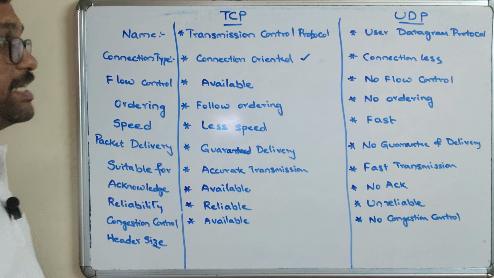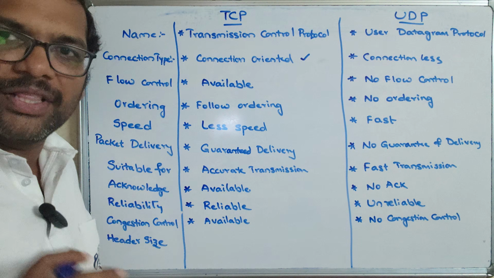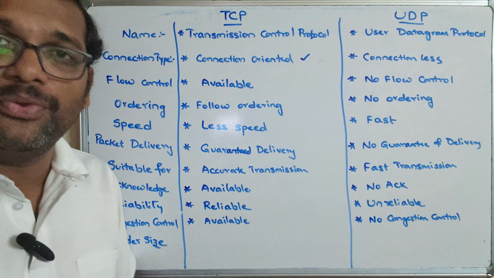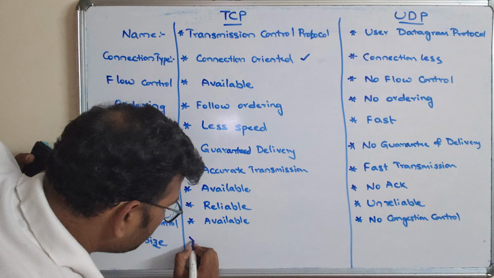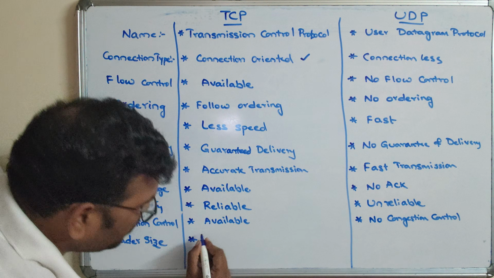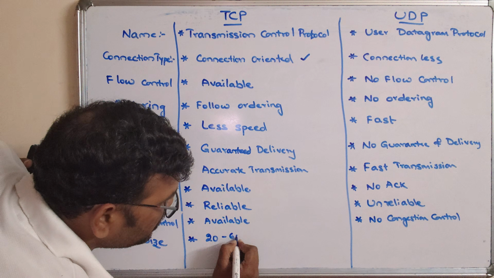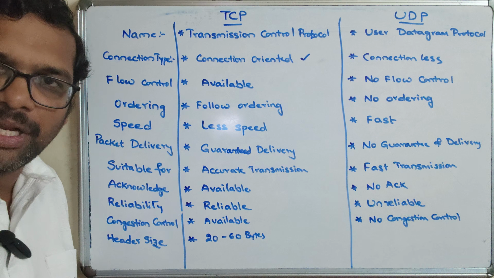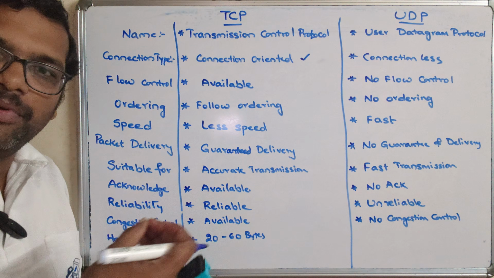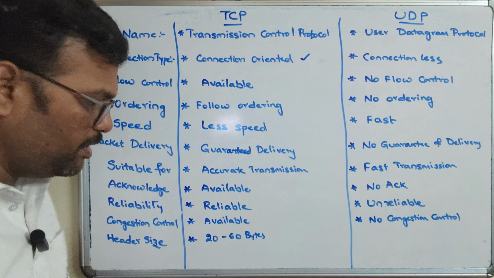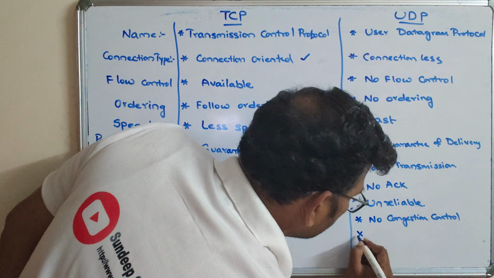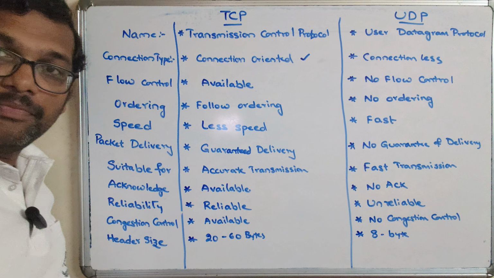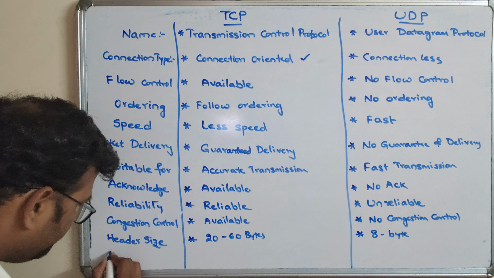The next one is header size. Both the protocols have a header. In our previous sessions, we have seen the TCP header and the UDP header. The size of the TCP header is around 20 to 60 bytes. We have seen that 40 bytes are optional, so 20 bytes of 32-bit words will be there. So 20 to 60 bytes for TCP, and this is only 8 bytes, very small. Okay, next,